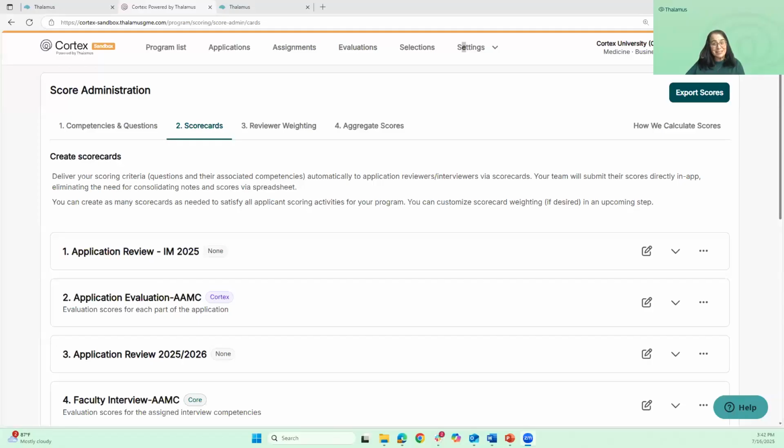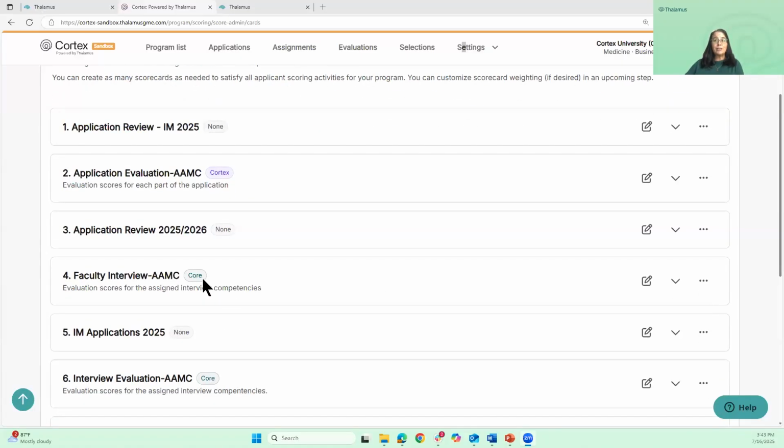Well, we can do this the same way that we have done it with the other rubrics that we've been showing you. The difference for this one is, right off the bat, it's for the interview, which means that when I'm creating a scorecard for my interview, I'm going to want to ensure that scorecard is labeled as being visible in Core. And I know that many of you asked the question, well, can scorecards be visible in both Core